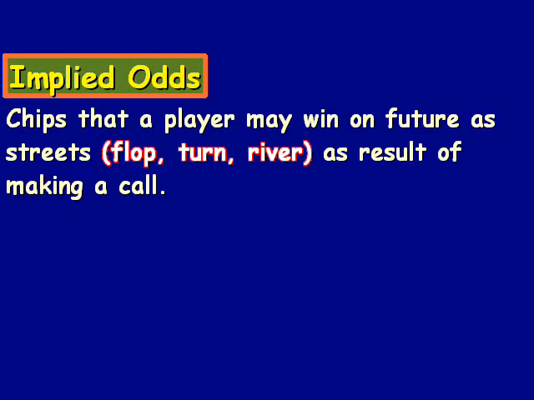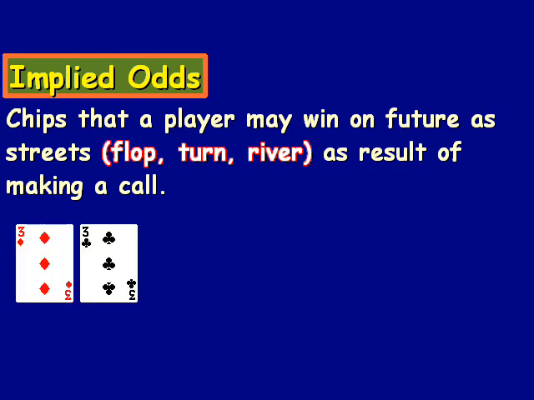Implied odds are basically chips that a player may win on future streets, such as the flop, the turn, the river, as a result of making a call on a current street. Let's take, for example, the simplistic example here. We have pocket threes, and we call a raise to 8,